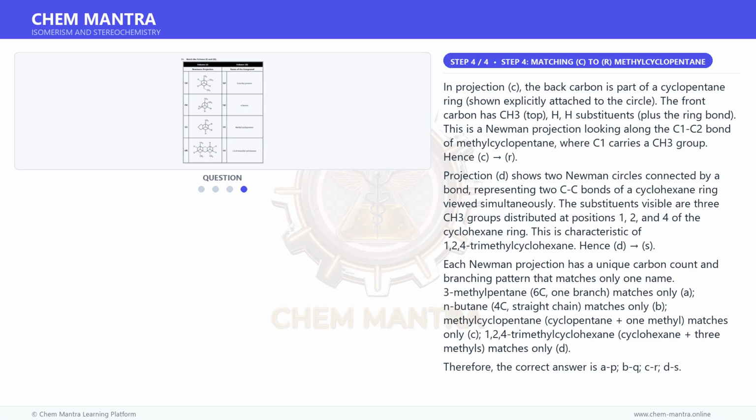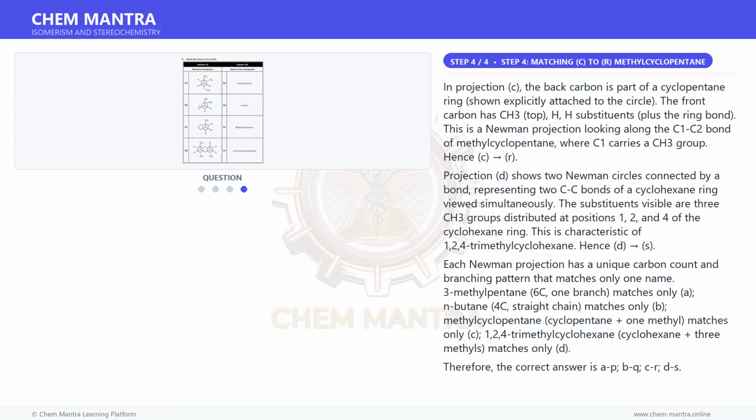In projection C, the back carbon is part of a cyclopentane ring, shown explicitly attached to the circle. The front carbon has CH3 on top, H, H substituents, plus the ring bond. This is a Newman projection looking along the C1, C2 bond of methylcyclopentane, where C1 carries a CH3 group. Hence, C, R. Projection D shows two Newman circles connected by a bond, representing two C bonds of a cyclohexane